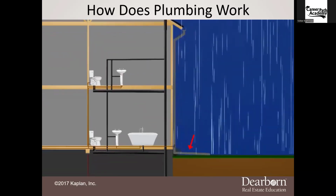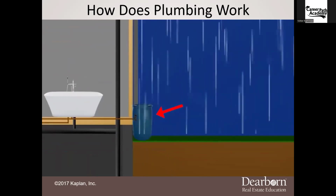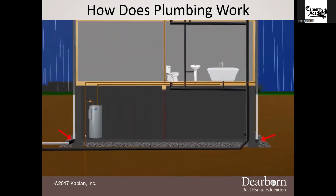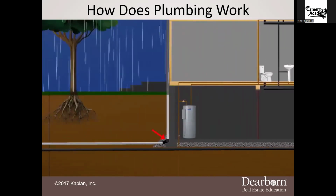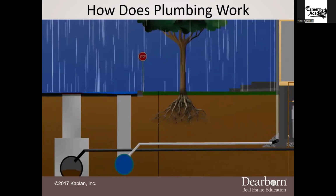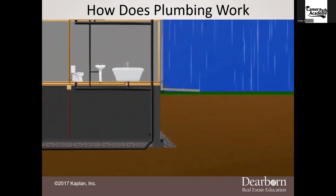which is perfectly fine. Other people prefer recovering this water in barrels to use as non-potable water to water their plants and flowers, and some actually connect them to the weeping tile or French drain. The French drain is the corrugated pipe that runs around the house's footing to catch any excess water in the ground. The problem when doing this is that the municipal drain could get overloaded very quickly and overflow. So it's best to invest in a rainwater collection system or to just let the soil absorb the water if